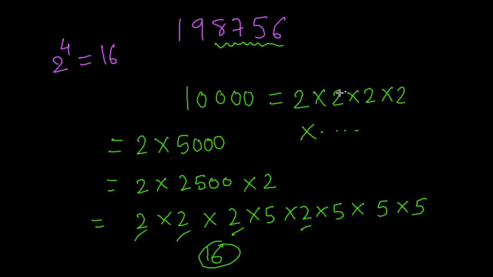So the divisibility depends heavily upon the last four digits. If the last four digits are divisible by 16, the entire number has to be divisible by 16. And if the last four digits are not divisible by 16, the entire number won't be divisible by 16. Further, if you want to know the remainder when the entire number is divided by 16, you don't need to divide the whole number. Simply divide the last four digits, and whatever remainder you obtain would be the remainder that you obtain by dividing the entire number.